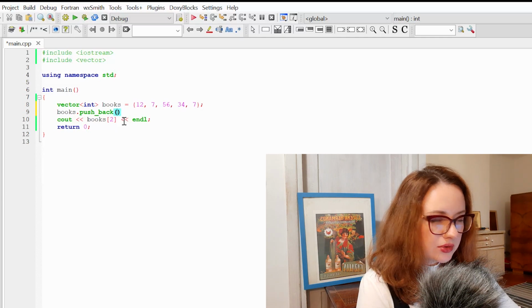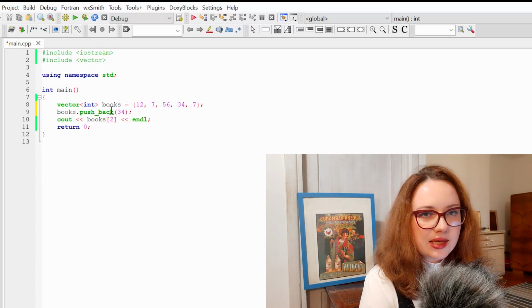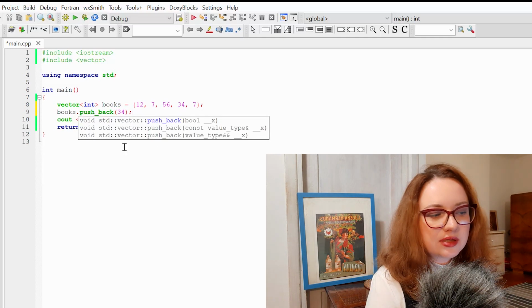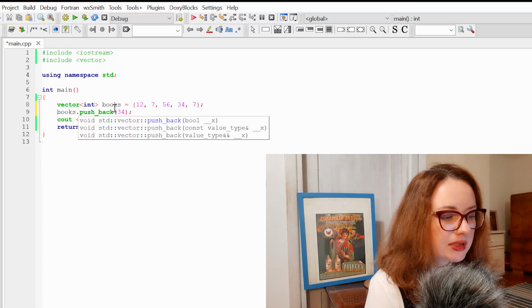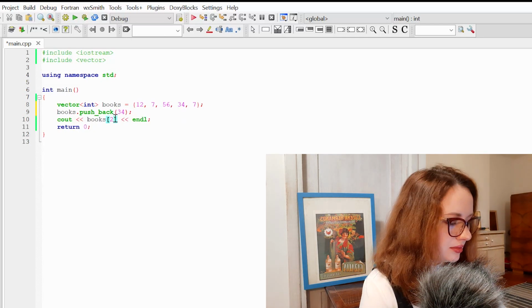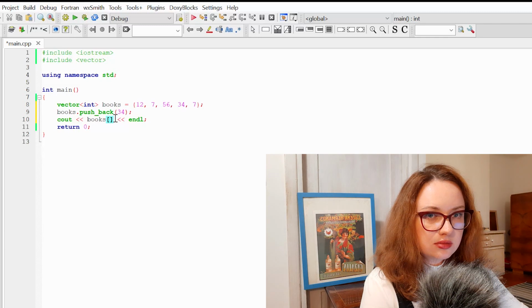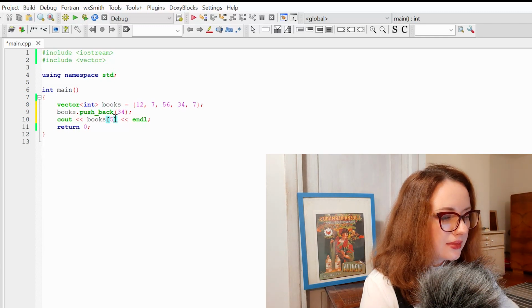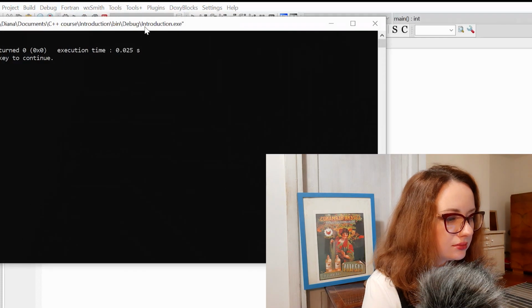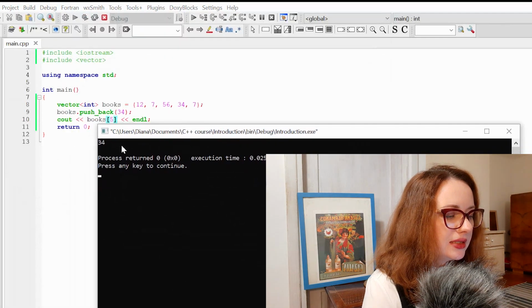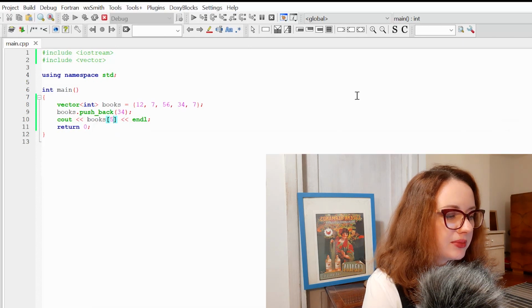So let's say we want to add 34. And I expect that now the size of my vector is not 5 but 6. So let's try to reach this new member of our array, writing books[5] to the console. And you can see that indeed I have now 34 in my vector.